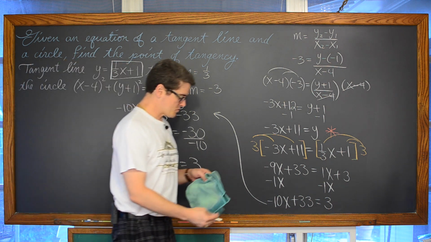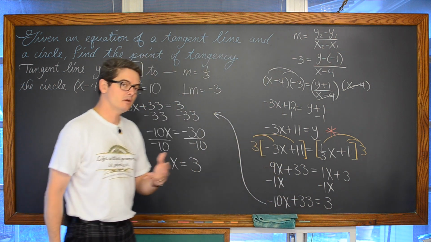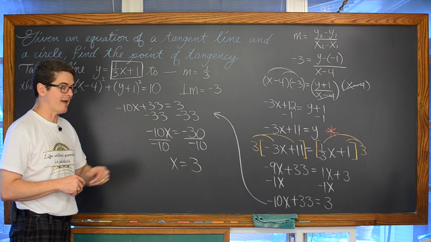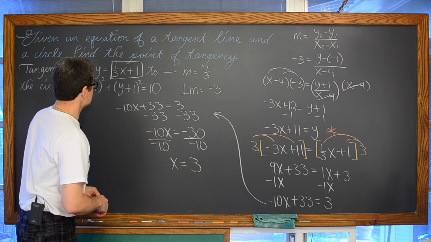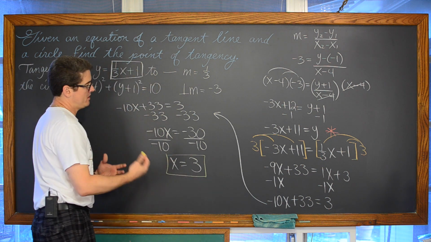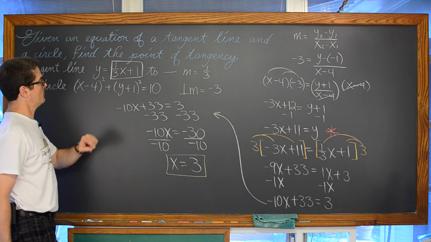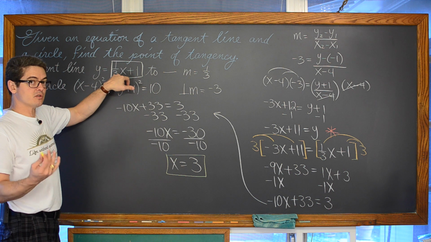Now, of course, when solving systems of equations, you're trying to find a point where those graphs intersect, if they do intersect, so that's only half the answer. We need to find out what the y-coordinate of the intersection point is by taking this value of 3 and plugging it into either one of the equations, either this one or this one. Now, I know that has a fraction, but that fraction has a division of 3.